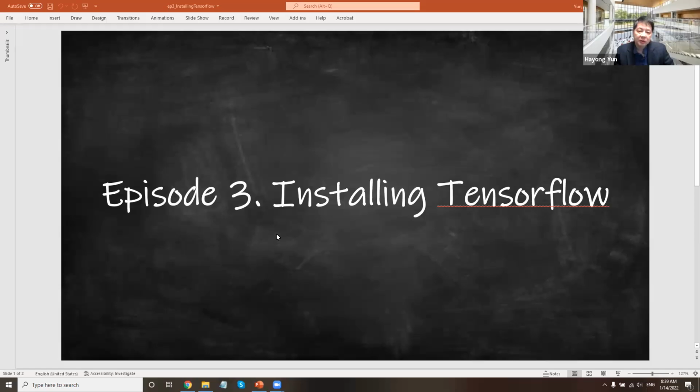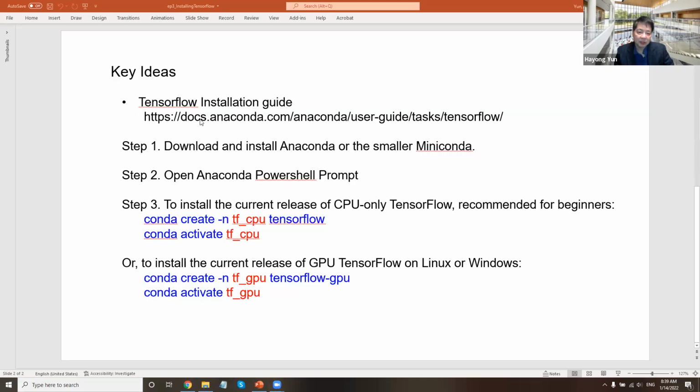Hello, in this episode, we are going to see how to install TensorFlow. So here are the key steps. So it's very simple. What we did in the previous episode, we have to first have Anaconda, and then we open Anaconda in a PowerShell